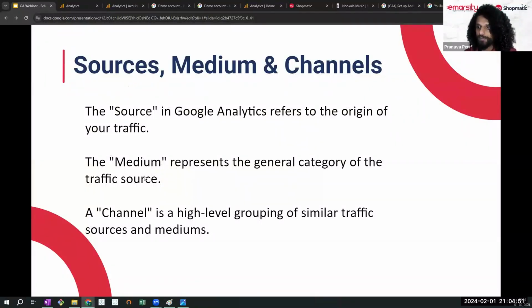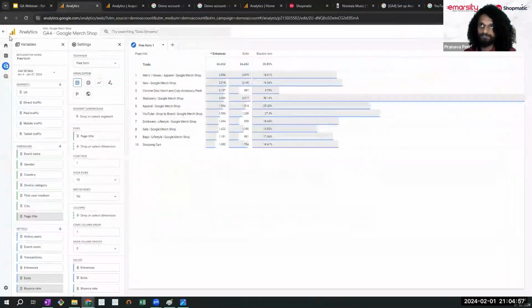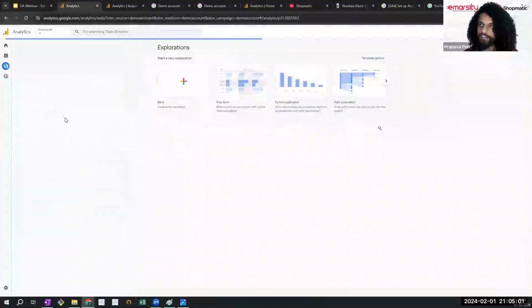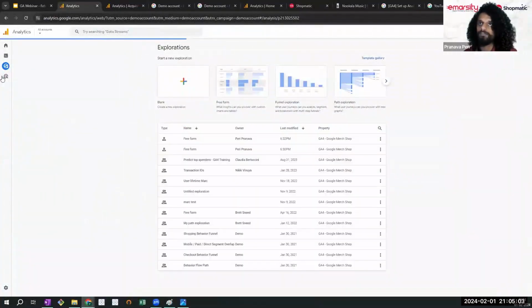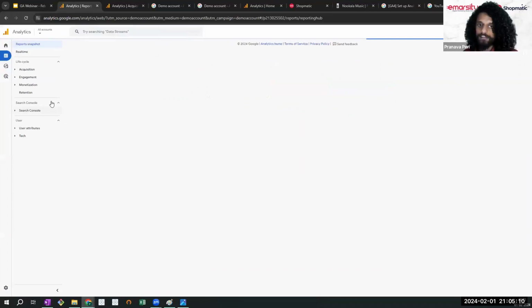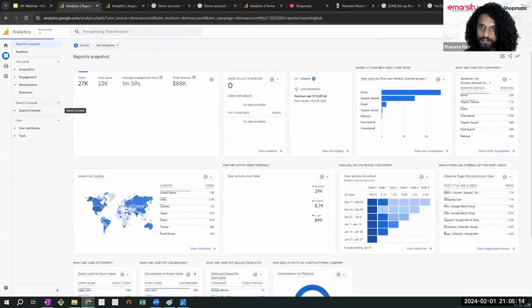Source, medium, and channels is a high-level grouping that will help us understand where our traffic is coming in from. Source indicates where our traffic has originated from,